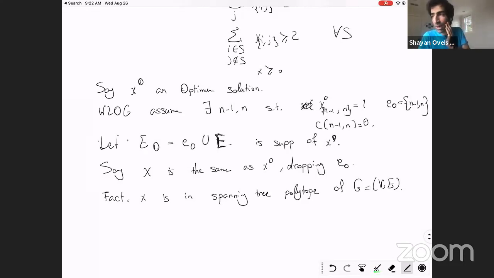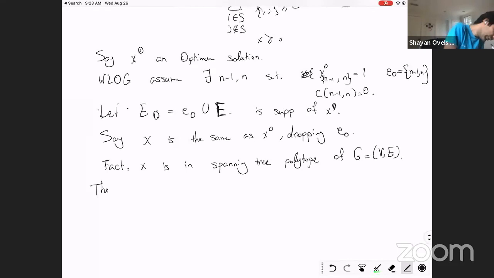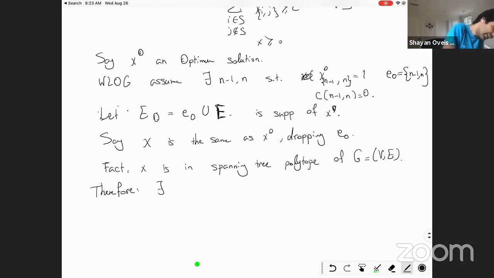Another way to think about it: the spanning tree polytope is the Newton polytope of the generating polynomial of all spanning trees, the spanning tree polynomial that we talked about. So X is in the spanning tree polytope, the Newton polytope. Therefore, here is the interesting thing: by everything we said so far, there exists an external field lambda such that